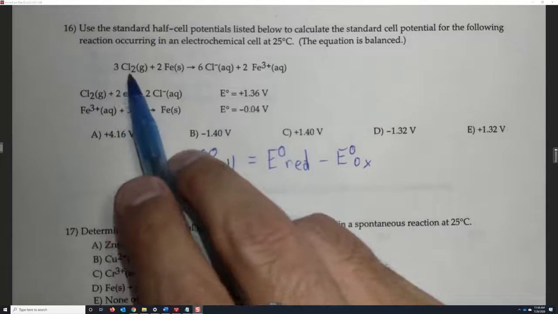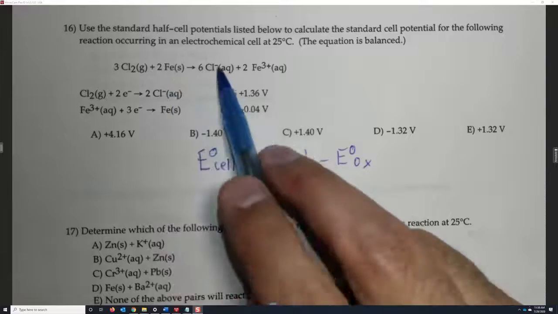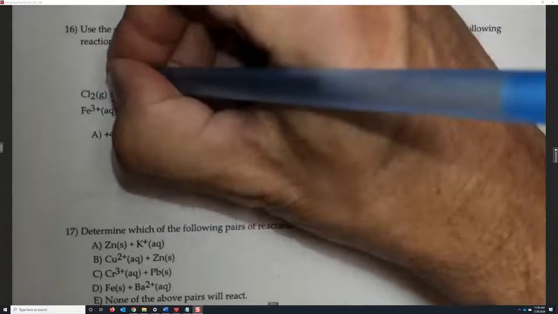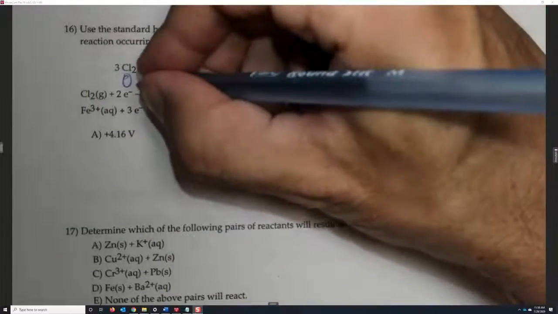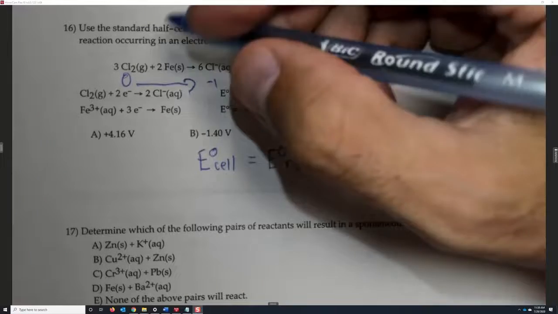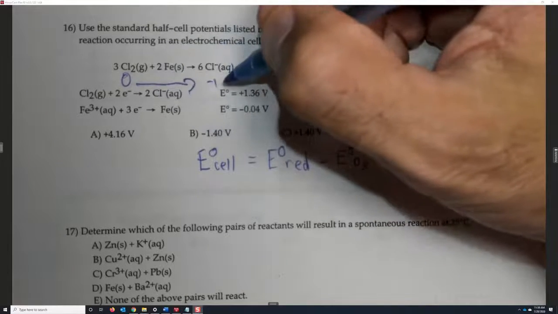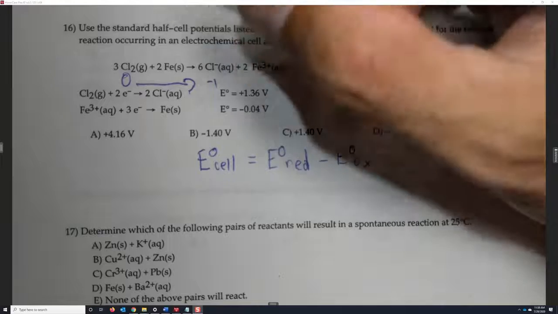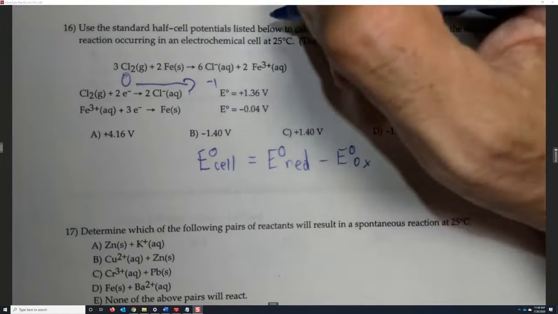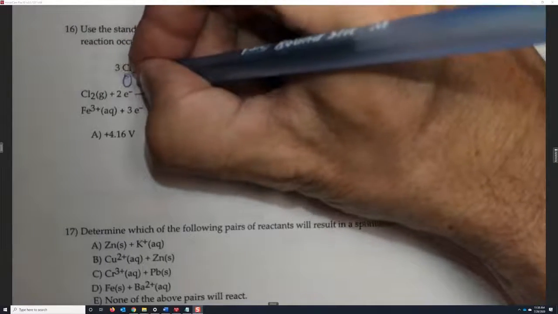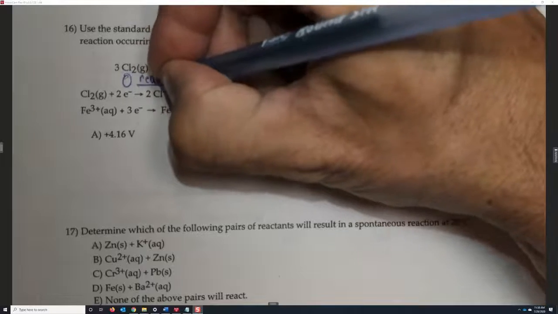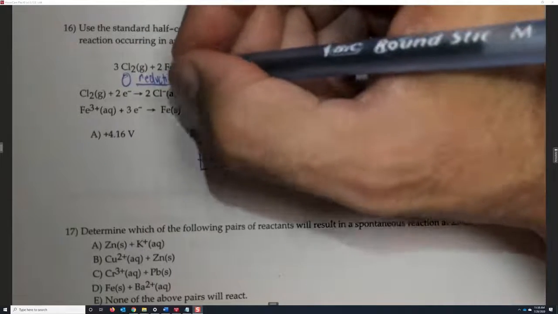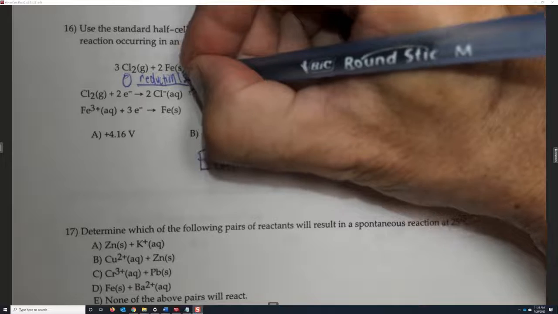So here it's fairly straightforward because we have two elements forming two ions. This is 0 going to -1. So when we go from 0 to -1, we gain an electron. LEO the lion says GER. Gaining electrons is reduction. So this is reduction. And to piggyback off the previous question, this is the cathode